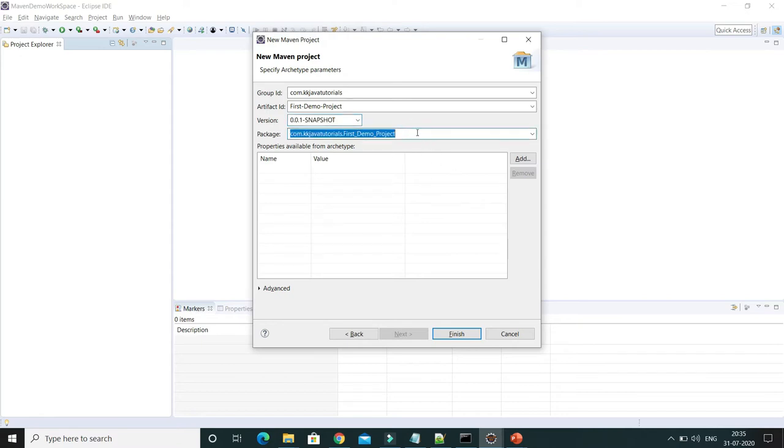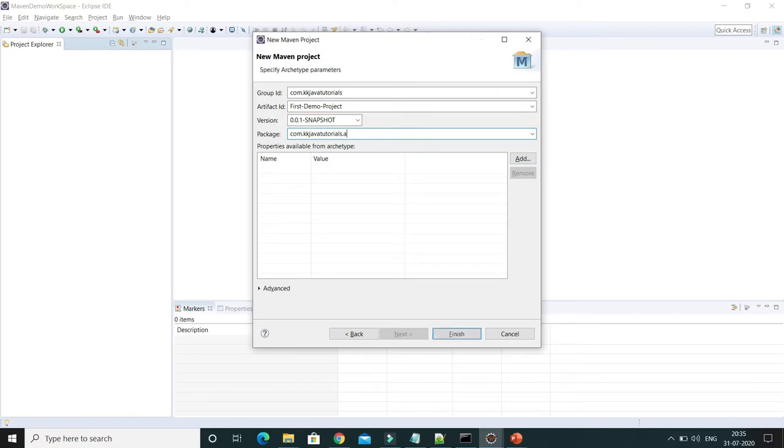Now here in package, you can see com.kkjavatutorials. I had given my group name, and Eclipse has already taken it as the package name, and the project name is given as one of the class names. So here I'm going to write app, right?